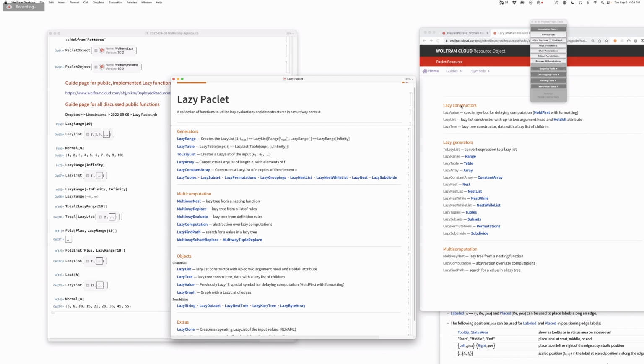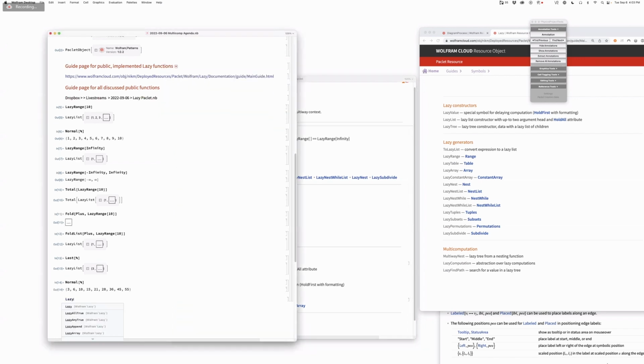How do lazy lists look? You mean internally? Yeah, how do you create one by hand, so to speak? If you wanted to implement a lazy table or lazy array, how would you do it? What is the code that creates lazy lists? The input form. No, that's okay, we can do that. But I think what Roman is saying is that we need something that is the lowest level thing that